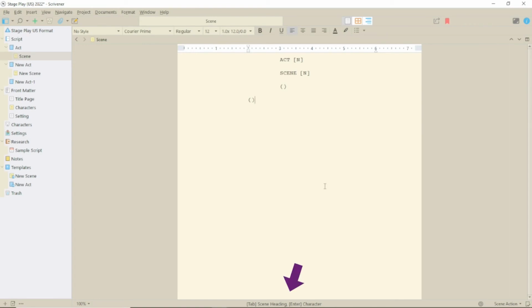You'll see in the bottom centre of the editing screen that it says Tab and Enter. These are based on what the next most likely element is, and pressing one or the other of these keys will create what is listed as the next element. When you press Return, you will often be offered a list to choose from. So let's try out a few. With some elements you will get autocomplete options, which is useful for things such as character names and possibly settings, which will likely be repeated. You will notice that correct capitalisation as per the template is implemented where possible.